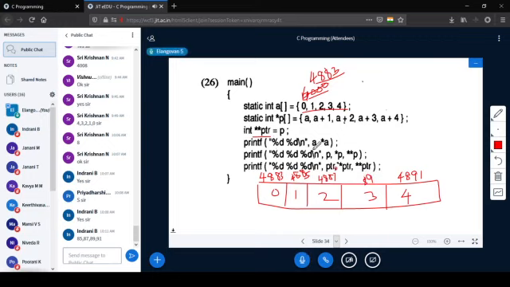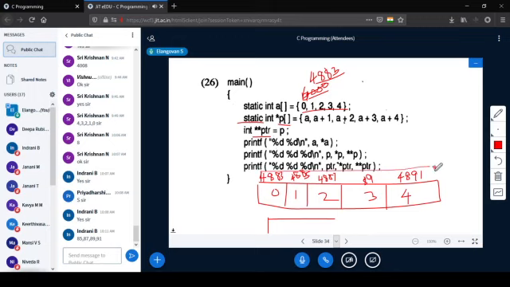Okay, now what is this? Static int star P of, so these are various pointers and array of pointers. Array of pointers means this is called a pointer array. P is a pointer array, which consists of all pointers.